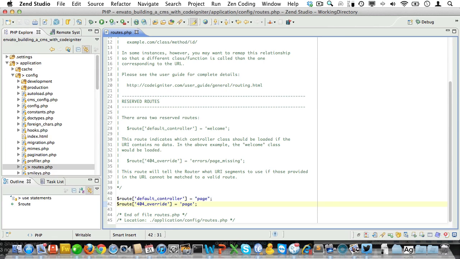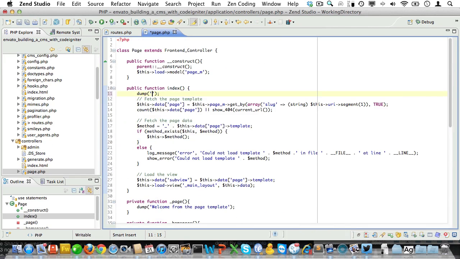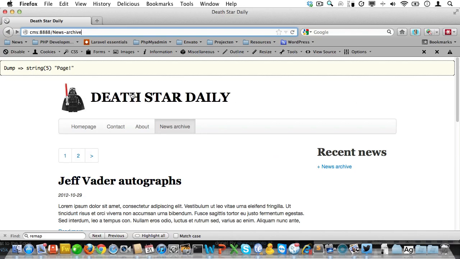Well, basically, every time a visitor visits a URL that Codeigniter would normally throw a 404 error at, Codeigniter will now load the page controller. I'll show you how it works. Say I put a dump into the page controller, index method. Now you can see exactly when it's loaded. Okay, now I'll visit the URL